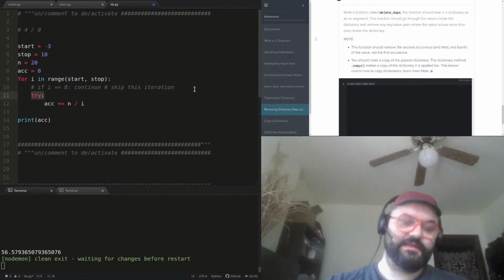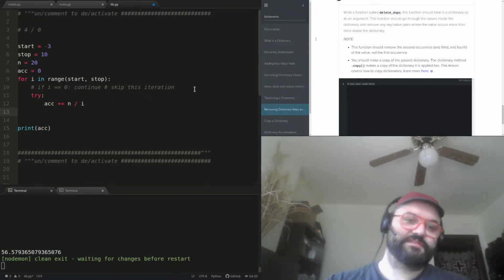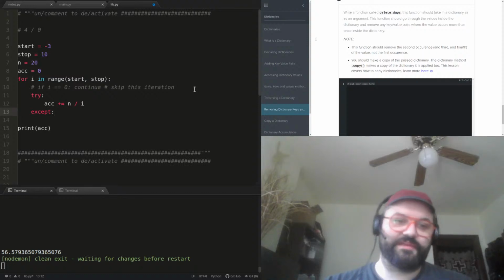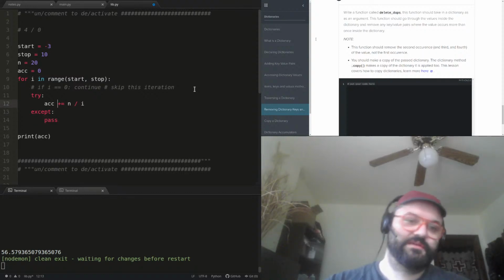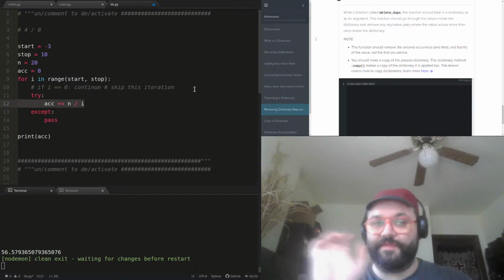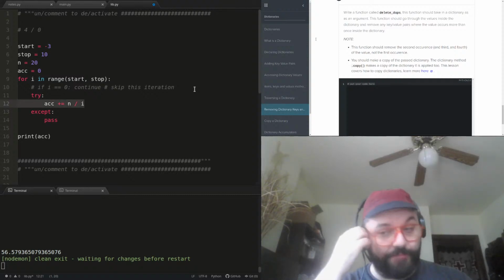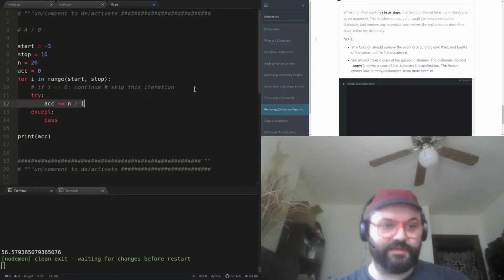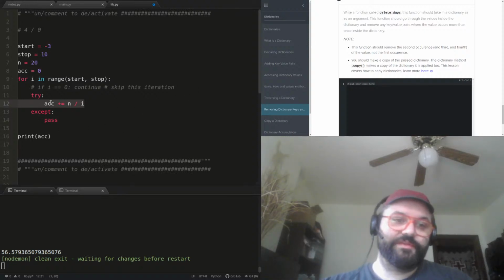Now try also takes an except, and you've got to put your except at the end here too, and we'll just put a pass. So you have to say try, and the code in the try block is the code that might throw the error that you're interested in. In this case, we know that this can throw a zero division error.